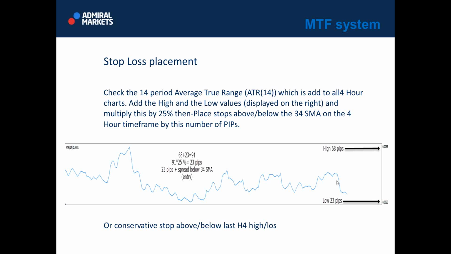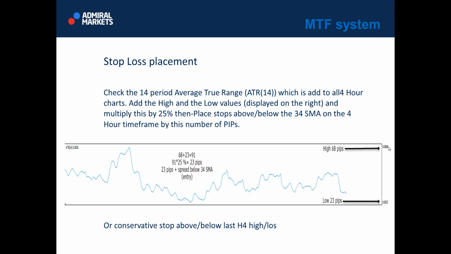Aggressive placement, you go like this. First, I already have, as I said, templates, so if you want to do it yourself, don't hesitate to do it. You need to put ATR 14 on your chart, and then look at those two numbers. This is the high number of ATR and the low number of ATR.